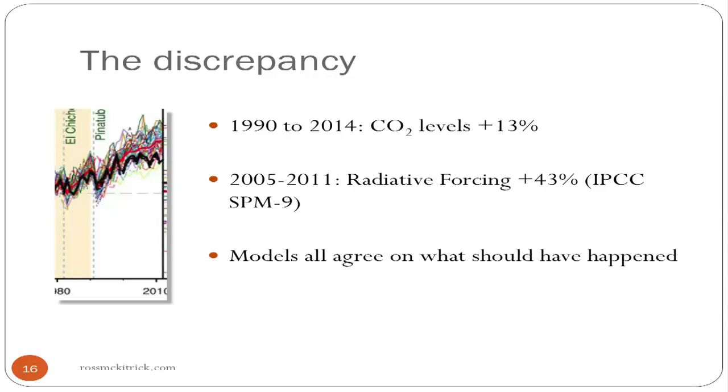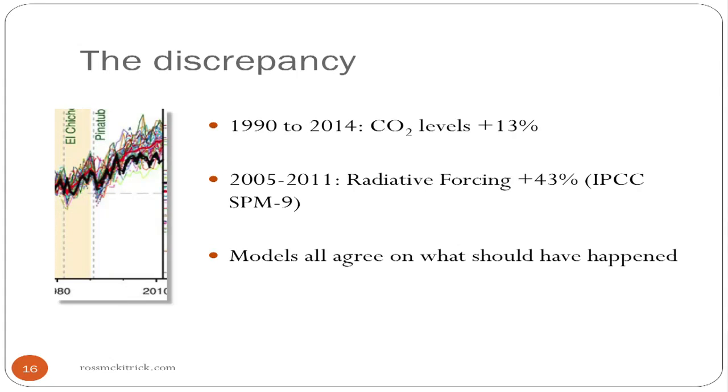there was a pause, so that's fine. And then there are intervals where the models say we should have warming, and the observations say there was warming, so that's fine. But right now, what's going on is the models are saying we should have warming, but we're having a pause. We should have warming in the models because from 1990 to 2014, atmospheric CO2 levels went up